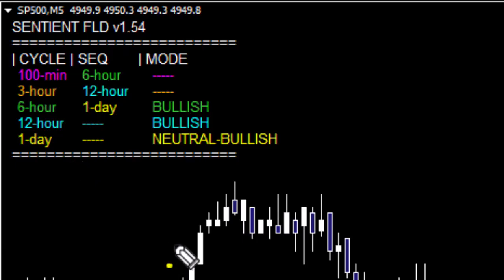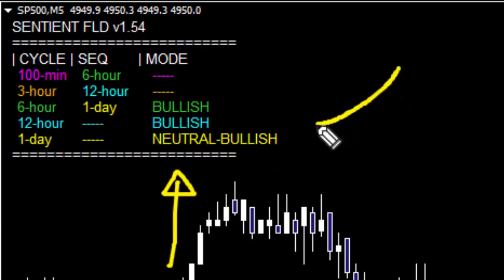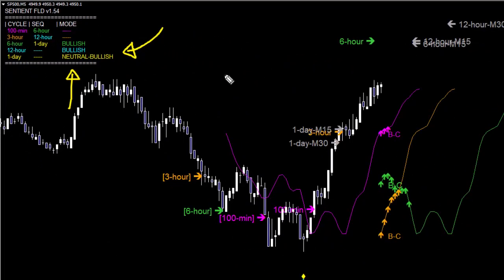Then the third column is called the mode, which is a very useful piece of information because it presents us with the current mode of each one of the 3 longer cycles, from the 6-hour cycle up to the 1-day cycle on the 5-minute chart. This is a simple way of understanding what kind of a cycle shape we are expecting out of that particular cycle. That is really useful information because, of course, we are trading our M shape like this over here, and